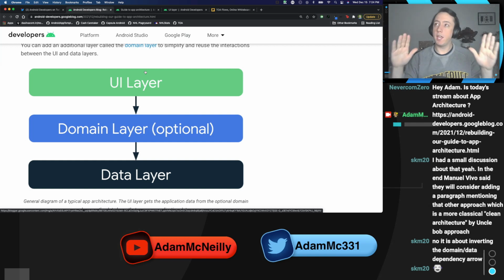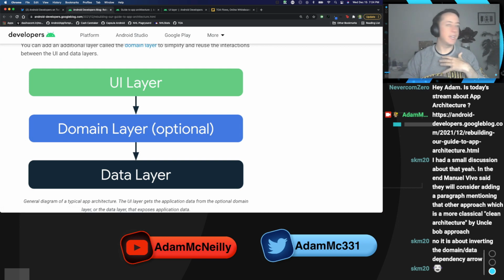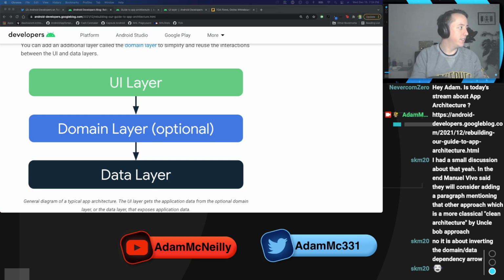And so looking at this diagram here, these three layers, I realized that in a past stream, which I did not get the YouTube video out, I can find it. Hold on. I really should do this, because I think this is important. I will make sure to put this in the YouTube video, but just for people who are